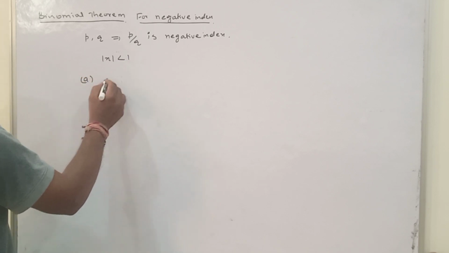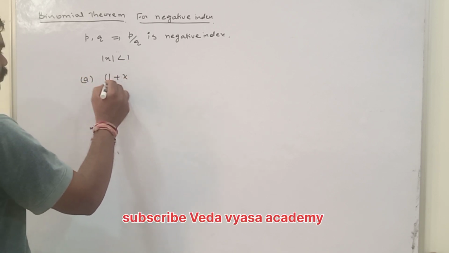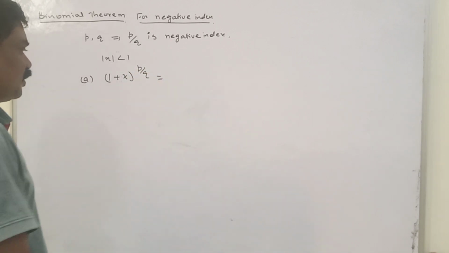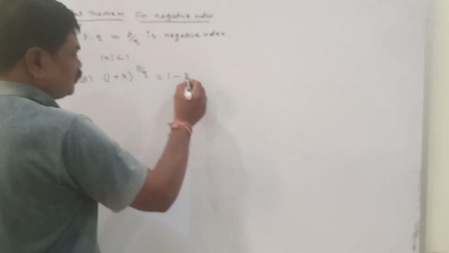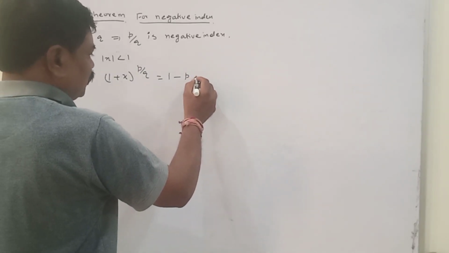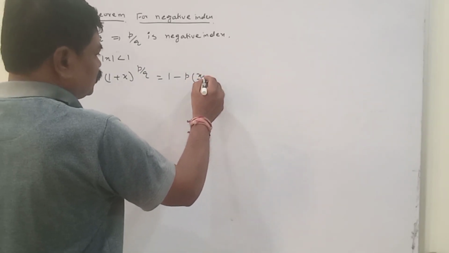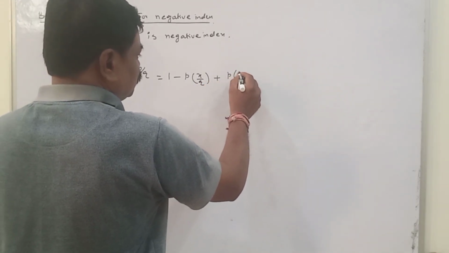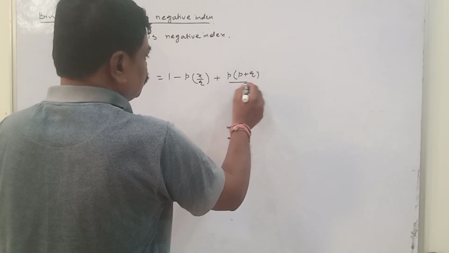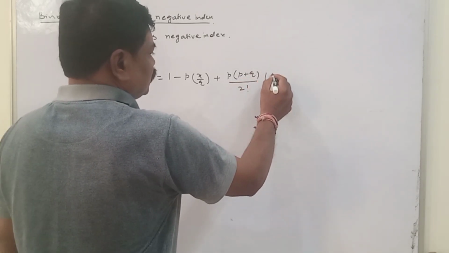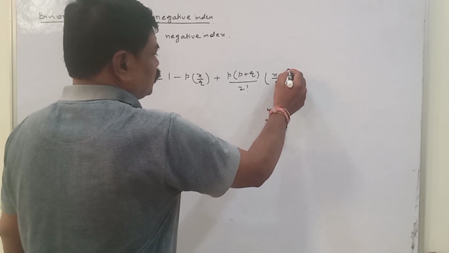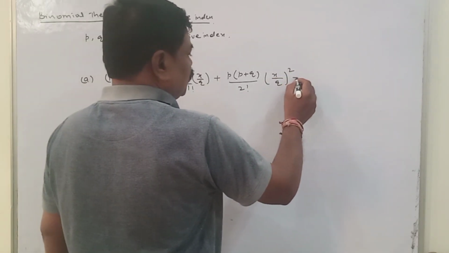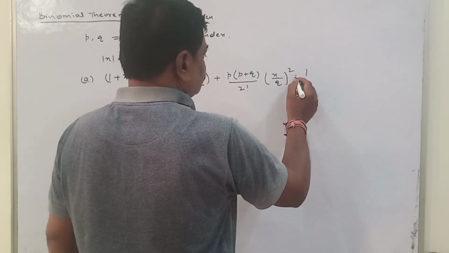Then what is the value? (1 plus x) whole power p by q can be written as 1 minus p by 1 factorial into x by q, plus p into (p plus q) by 2 factorial into (x by q) whole square,